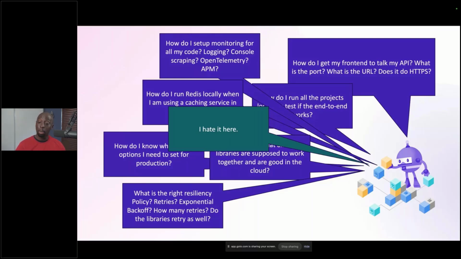I used to tell one of my old coworkers all the time, I'm not in the business of trying to do configuration. This is what our network ops guys are for. This is what the DevOps folks are for. I'm here to build out these business requirements, right? I'm here to build out these APIs and write these Blazor clients and all these types of things, right? That's what I'm here to do.